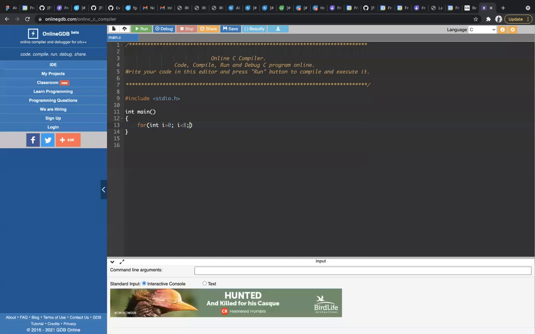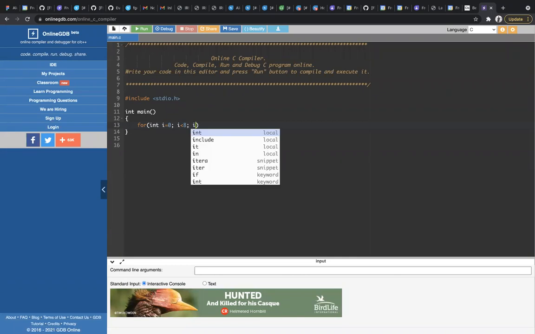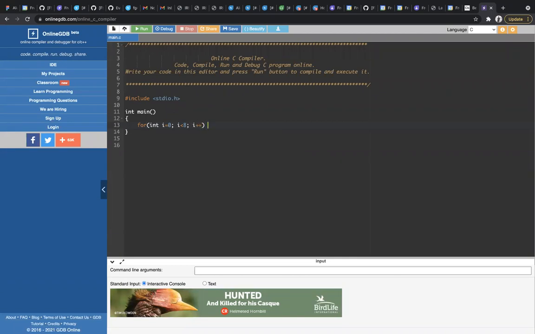Consider my first 8 digits need to be printed, so I plus plus. Okay. As I already know from the problem statement, the first two numbers are constants. They will not change, so I can print the first two numbers outside the loop itself. For example, here I'm printing with printf. The first two numbers are 0 and 1.